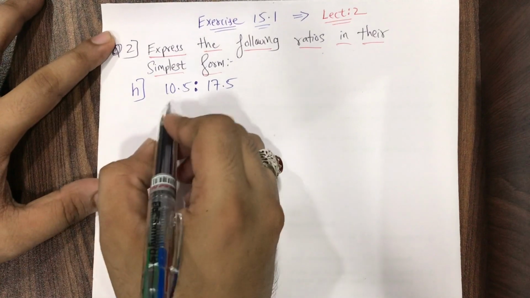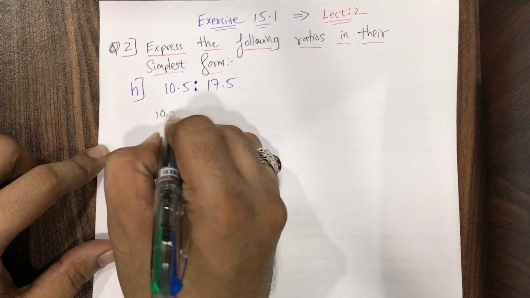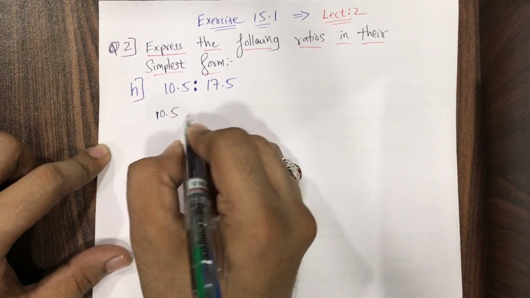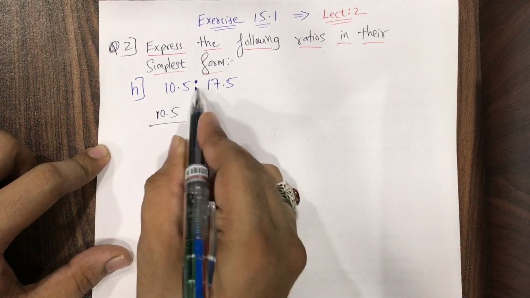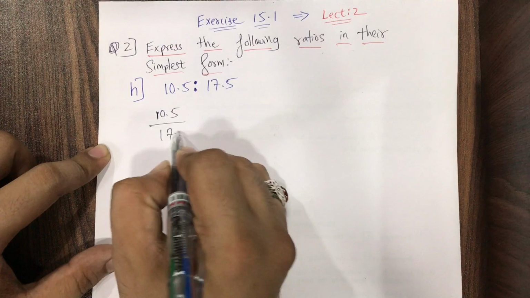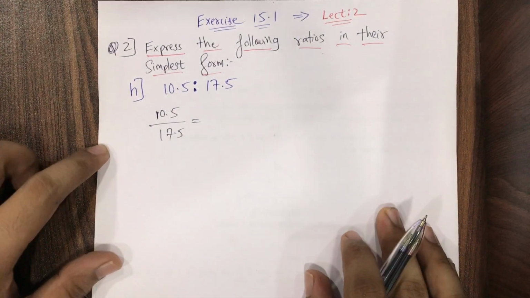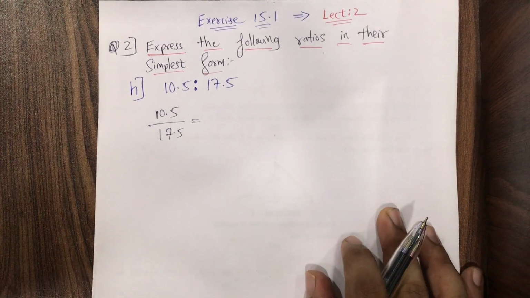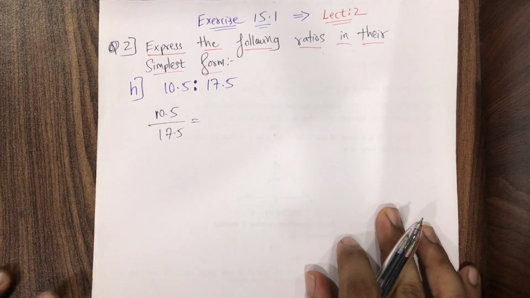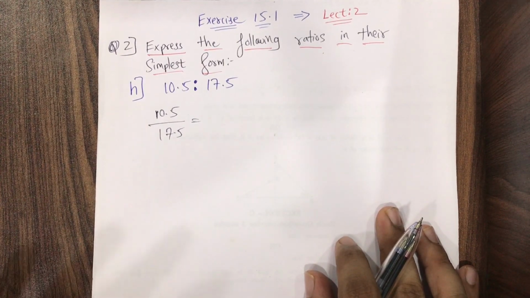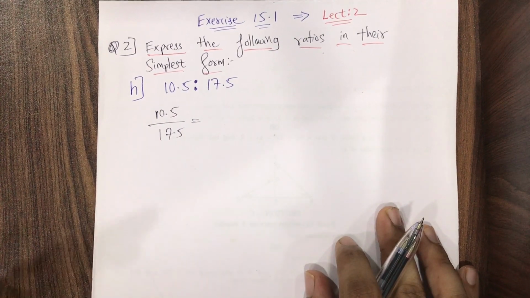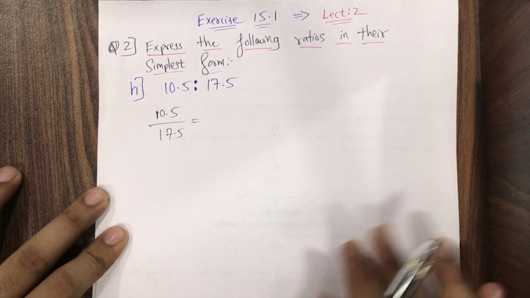It's 10.5, so I'll write over here 10.5 as it is. Ratio, the word ratio can be converted into upon. The ratio means upon 17.5. Okay, now students, pay attention to whatever I'm speaking. I'll be solving 4 to 5 different questions in this lecture, and all are typical, all are different. So after that, you can solve any question of this universe.